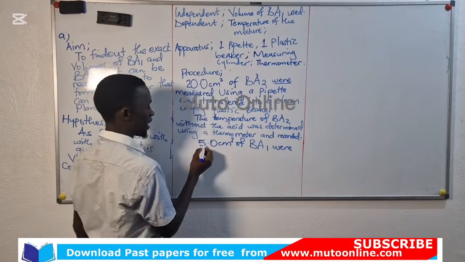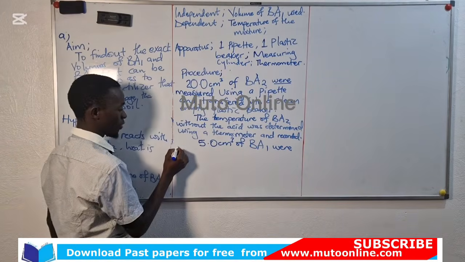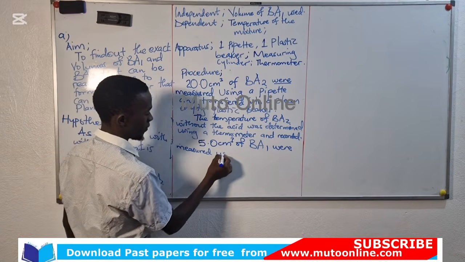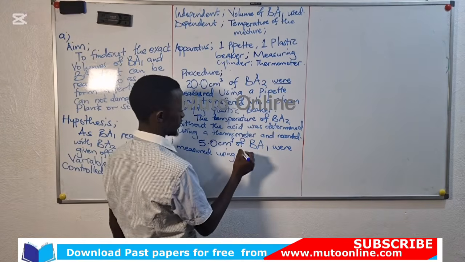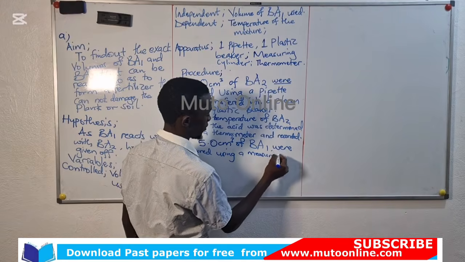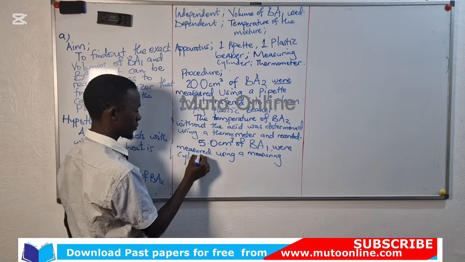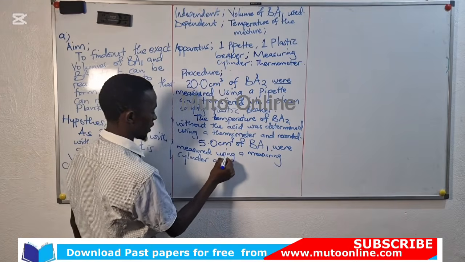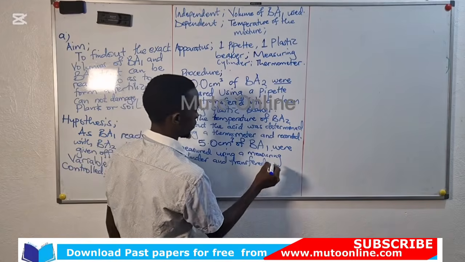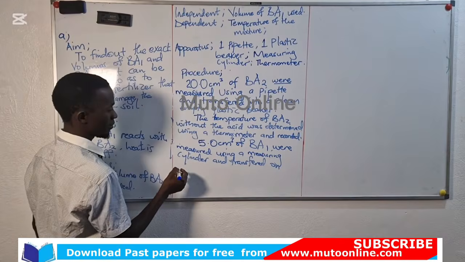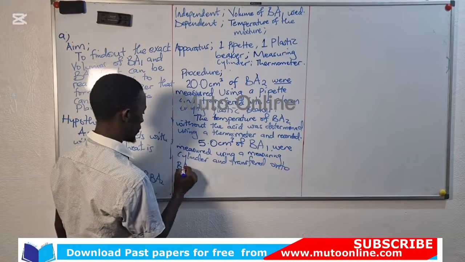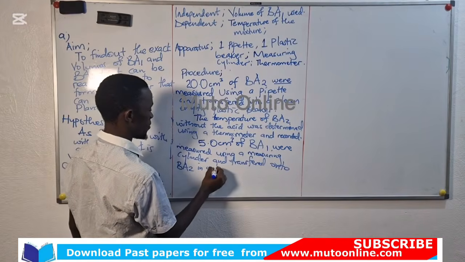So 5.0 cubic centimeters of BA1 were measured using a measuring cylinder and transferred onto BA2 in a beaker,